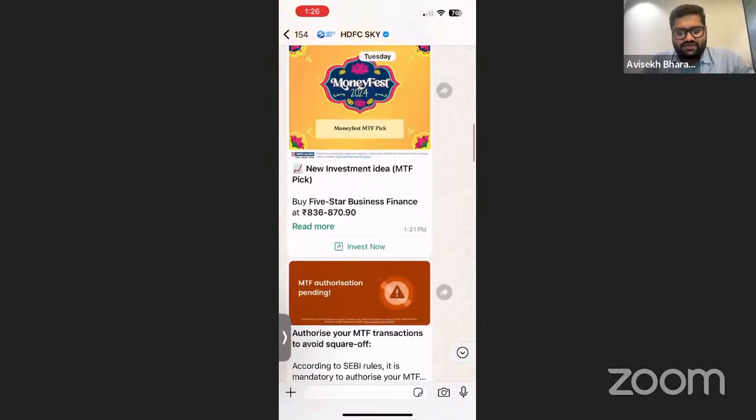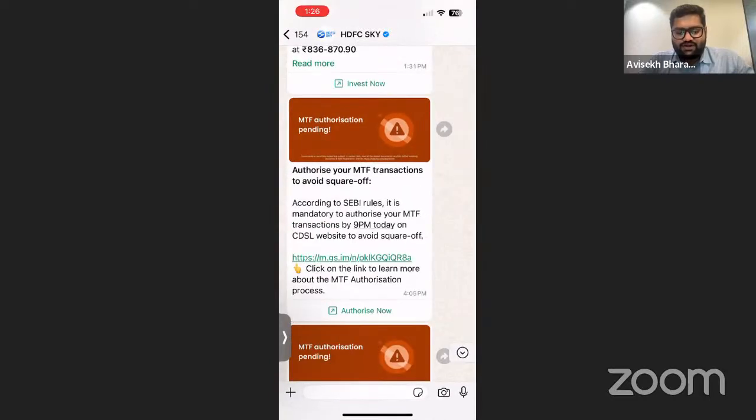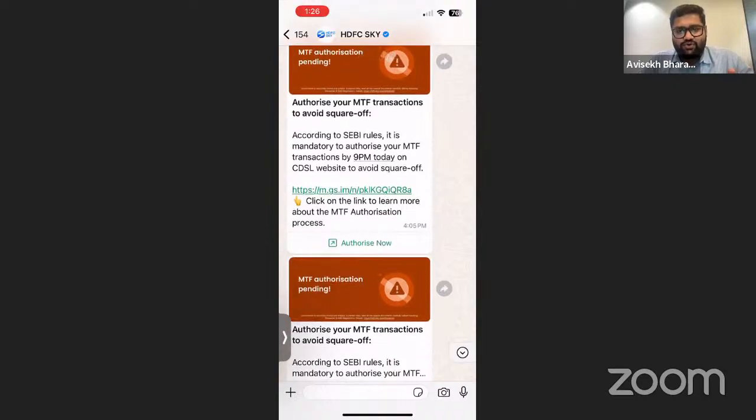This is a reminder WhatsApp: authorize your MTF transaction. According to SEBI, it is mandatory to authorize your MTF transaction by 9 p.m. today on the CDSL website to avoid square off. This reminder keeps coming so that you pledge the shares. You go to the CDSL site and it gets done.